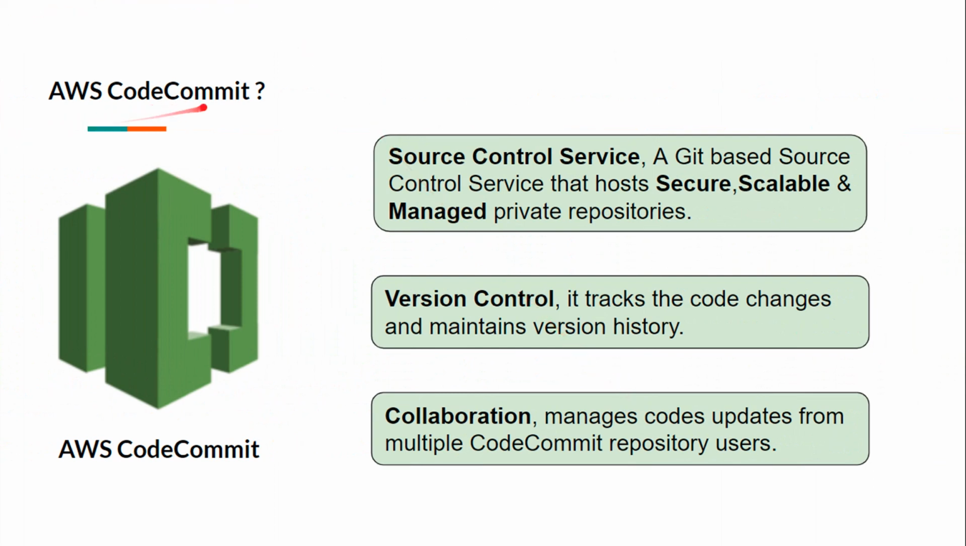So what is AWS Code Commit? AWS Code Commit is a source control service. It is Git based and it is compatible with all Git based tools. You can use Git based tools to interact with AWS Code Commit service. It is secure, scalable and managed private repository service. It tracks the code changes in your repository code files and maintains the version history for all the files. It manages code updates from multiple code commit repository users, so it helps us to achieve continuous integration for our